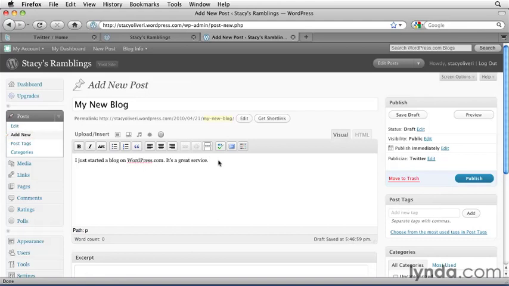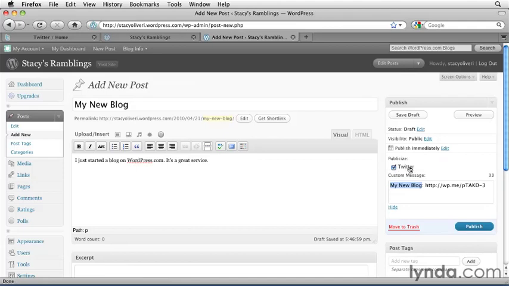Normally the blog post would have more text in it, but we just need a little sample to see how it's going to work. So once that's set up there, all I need to do here is where it says Publicize Twitter, I just want to make sure that that checkbox is turned on. I can also type in a custom message here. So if I don't want it to just have the name of the blog post here, which is my new blog, I can type something else in there. For example, I could say, I just posted, and then I could put that in quotes. And then that's the message that would appear on Twitter. When I click Publish,